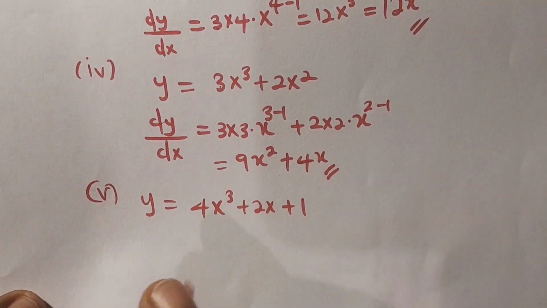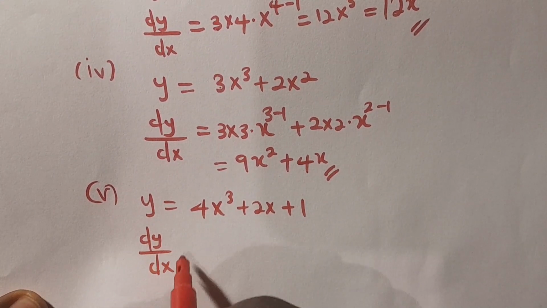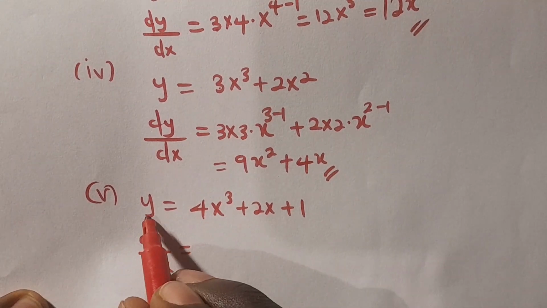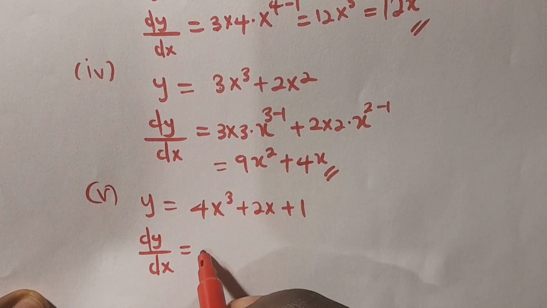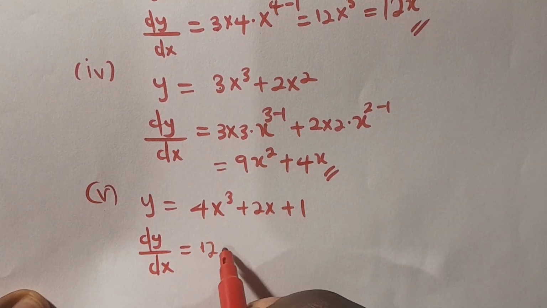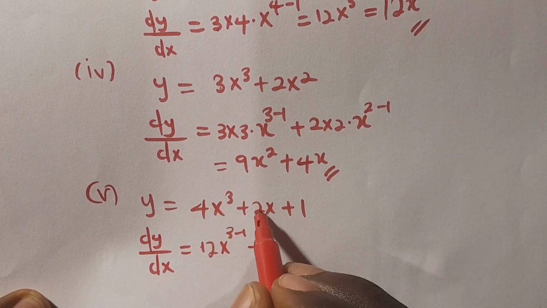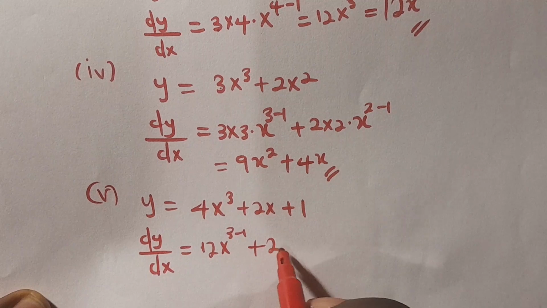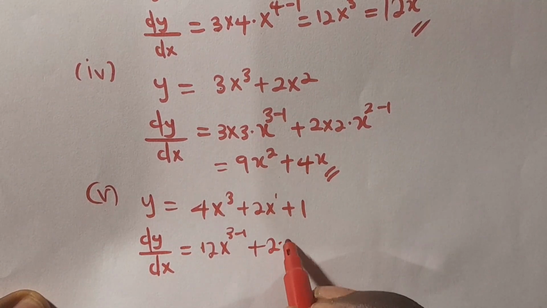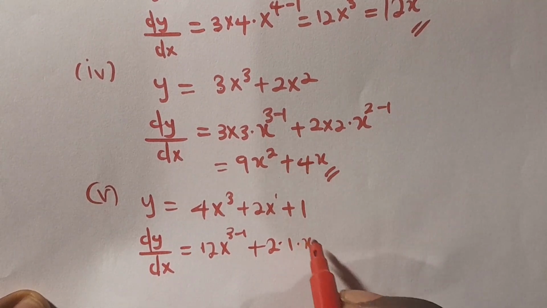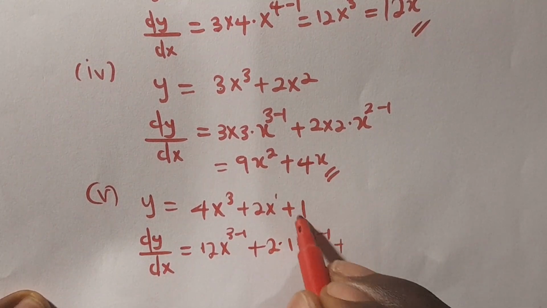So we have dy over dx equals, we want to differentiate the function y with respect to x. So this one will now be 3 multiplied by 4 will be 12. Then this one will now be 3 minus 1. Then we have 2x. The power of this one is 1. So multiply by 1 multiply by x raised to power 1 minus 1 plus, note that the differentiation of any constant